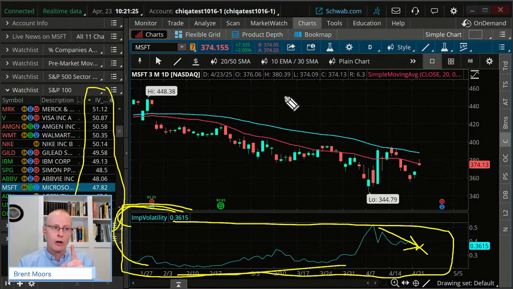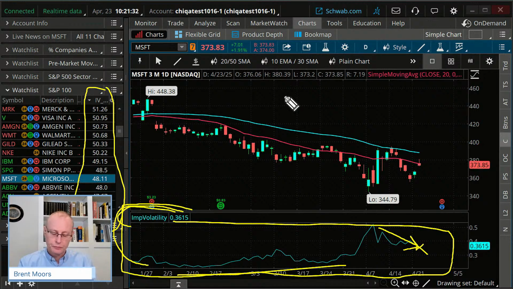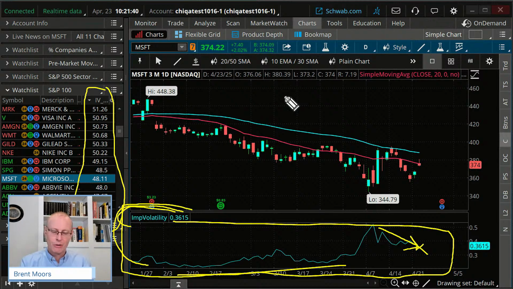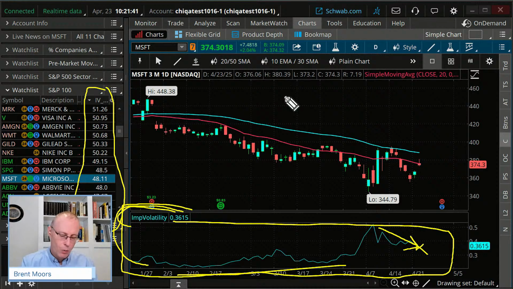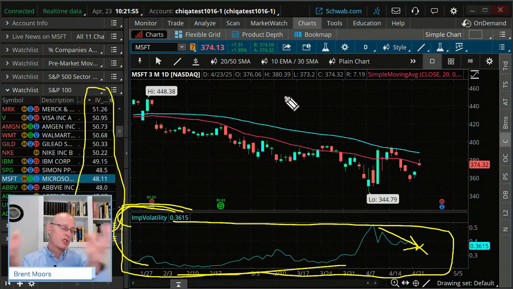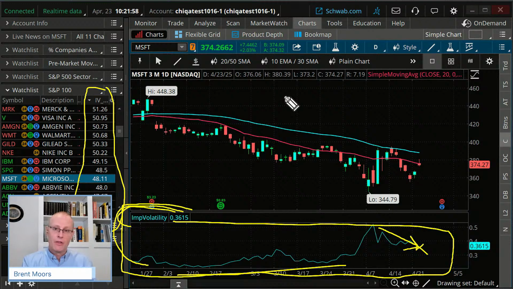Anytime you do a vertical spread, you have a long option and a short option, okay? They're going to largely offset each other. So just be aware. The biggest implied volatility effects you're going to have are on single options typically. Just a single long option, single short option, or something like that. Those are going to be the biggest implied volatility effects. Once you start adding other legs into there, that changes things.